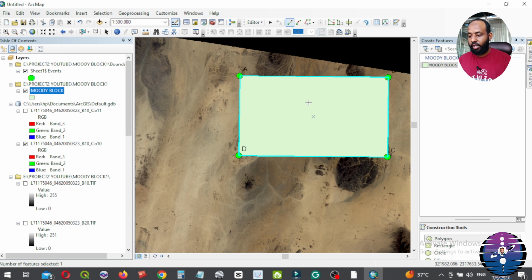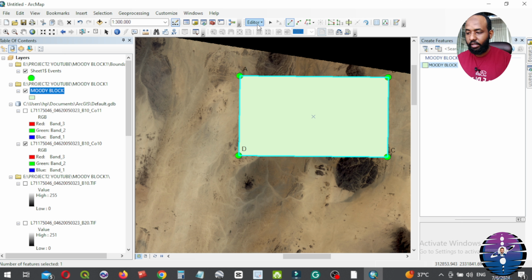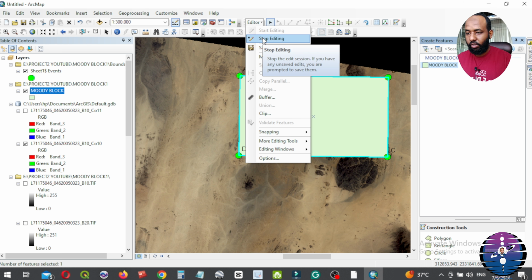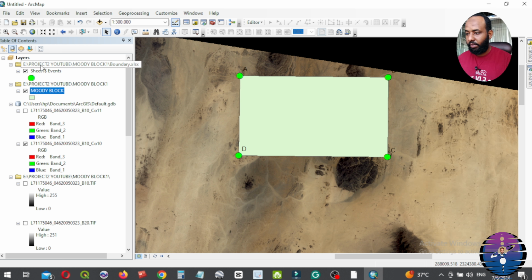Then we go to the editor toolbar, click on save edits, then stop editing, and then we can increase the thickness of the squares, borders, and change the border color using the symbology option. We can close create feature now.